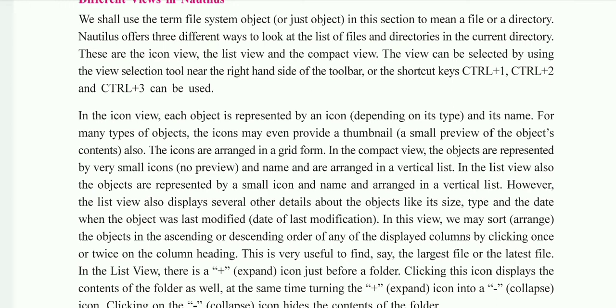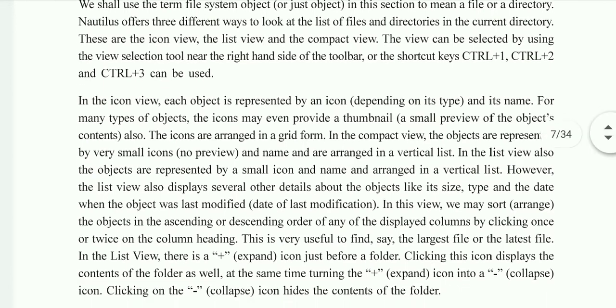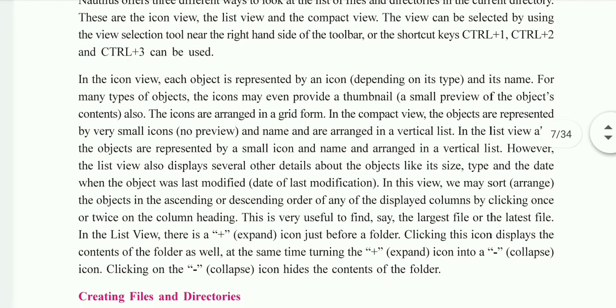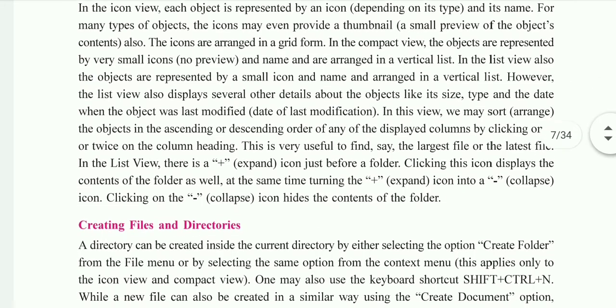But remember, when you click on the plus sign, immediately the plus sign will change into the minus sign. That is known as a collapse. Minus is known as a collapse here. If you click the collapse icon, then it hides the content, means whatever information we expanded will go into hidden form again, and again the plus sign will be there instead of minus.